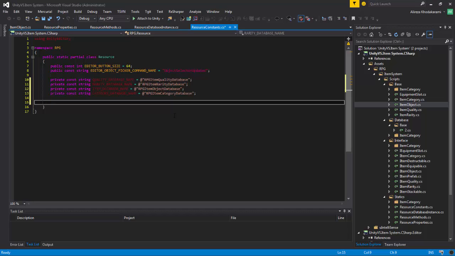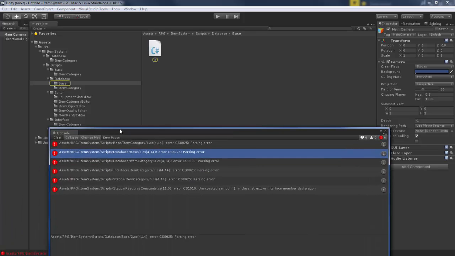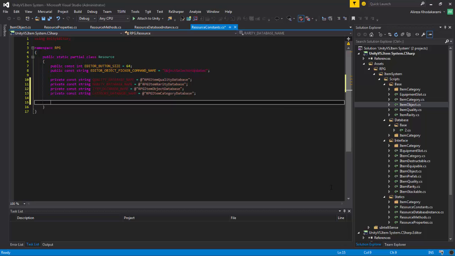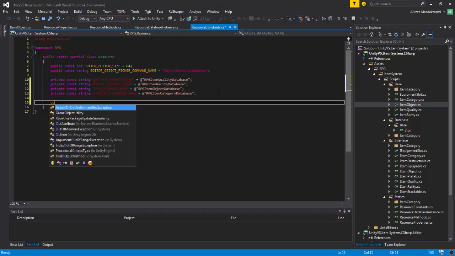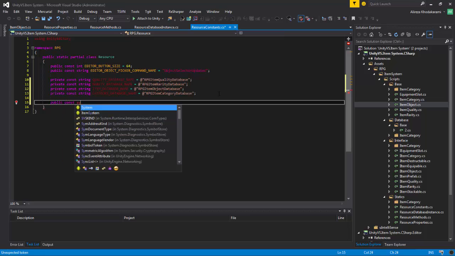Now, time and time again, I will come back and address these folder structures. Time and time, I will come back and address those structures, and I want to be safe. So it's a good habit of saying public. I said public constant string,